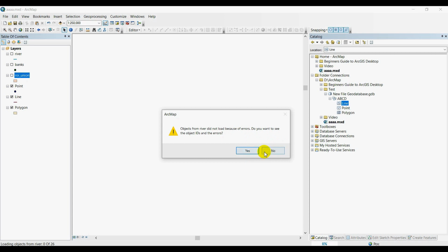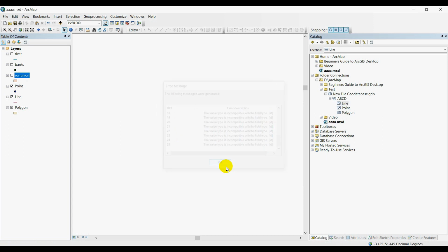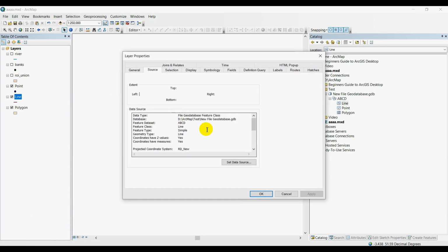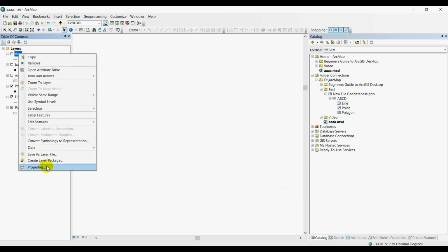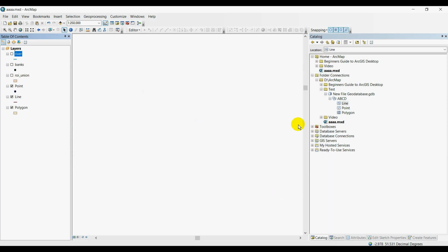You can see that from properties, the project coordinate system is RD and the river project coordinate system is GCS WGS 1984. We can reproject our line feature